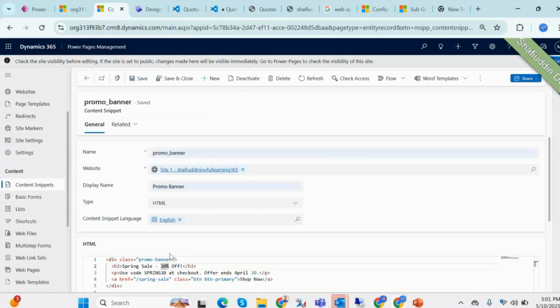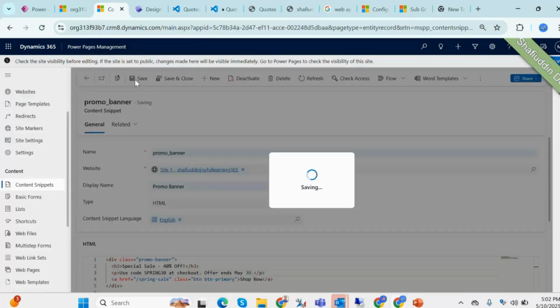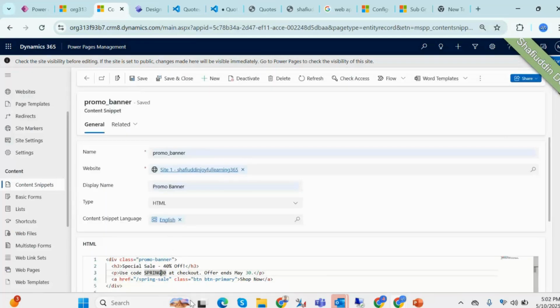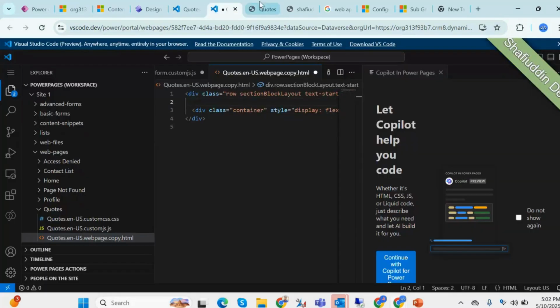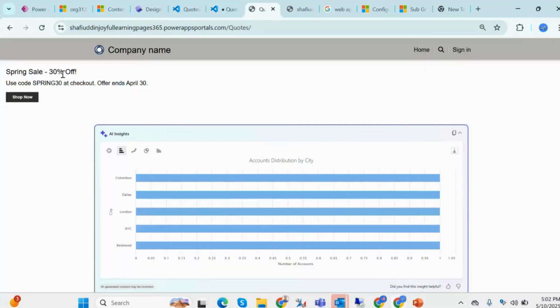So for example, we have a world sale and we can say something like special sale offer ends on May 30. I'm giving it here as May 30. Okay. Now I'm trying to save this content. Special 30 coupon code I have given, right? Coupon code will be special 30. I'm saving here. So as you can see on the screen, now the content is 30%, but now